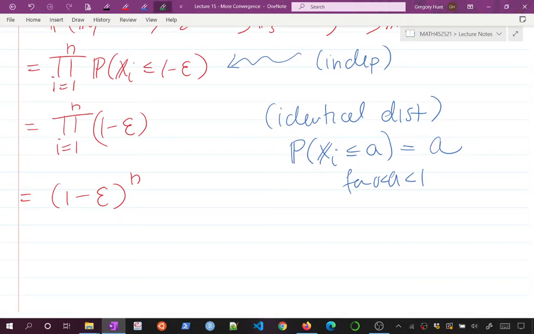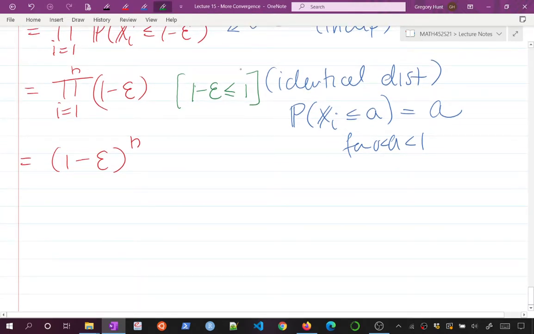And this is tacitly making some assumption here. So we'll just say this is making the assumption that 1 minus epsilon is less than or equal to 1. If 1 minus epsilon is bigger than 1, we're going to get a bunch of 1s. If the probability that x_i is less than, like, 5 is 1, so if 1 minus epsilon were bigger than 1, this thing is just going to be 1 a bunch of times. But is that right? Did I do that right? Yep, that seems right. If 1 minus epsilon is less than 1 here,